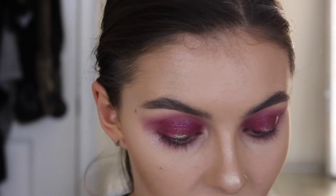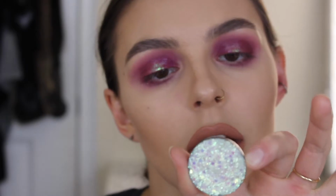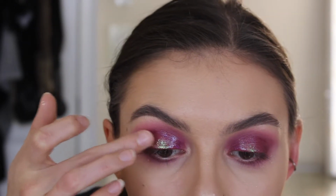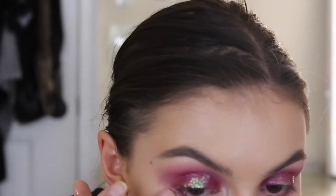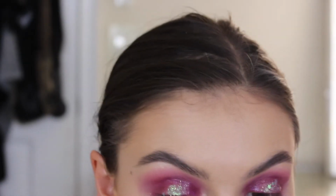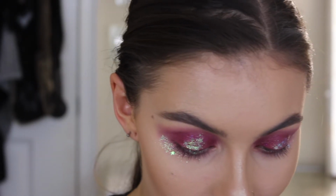But then I'm going to take that Glitter Injections Sirena glitter highlighter using my finger. Just gonna pop some on the lid. Get some stars on there, hopefully. There's one. And then also tap some under here. Try not to lose the gloss though, that's all. No, not that high. I messed up. I like that a lot. Okay,